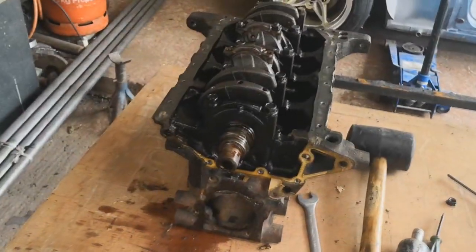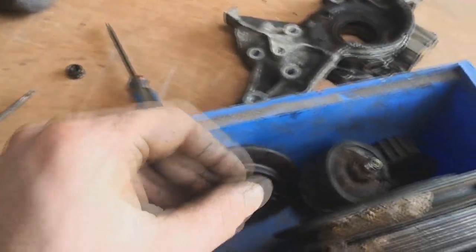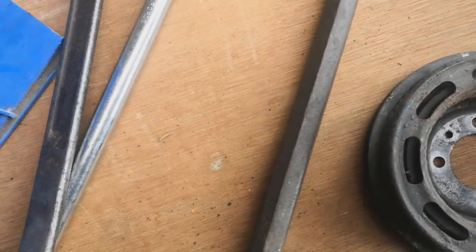So I'm digging into this engine. First thing I found is that it is of a short nose crank variety, which the multi-slot pulley suggests it had a long nose crank on it. Hang on a minute, I'm just trying to find bits. So you can tell,